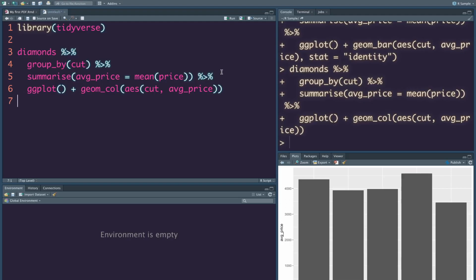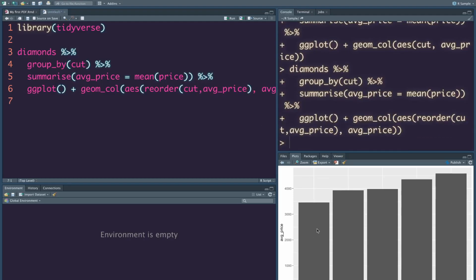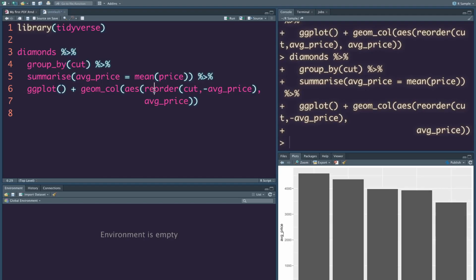There are two ways you can do it. We'll see both. The first way is probably not the most tidy way. You can use the base function reorder, and say I want to sort this by average price. When you run this, you can see that it is sorted in ascending order. Maybe you don't want ascending order. Let's say you want to sort it in descending order. Then you can say minus of average price. So simply using the function reorder, you can sort it in either ascending or descending order.